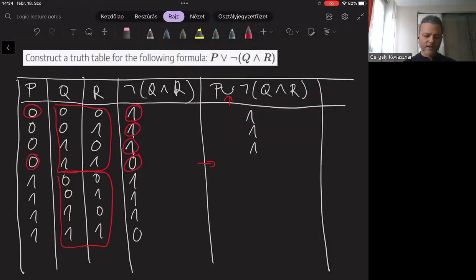So in this case, the result will be 0. And yeah, if you just keep going, it's easy to see that in the next 3 lines, the formula evaluates to 1, and also in the very last line, where the left-hand operand P evaluates to 1, the result will be 1.